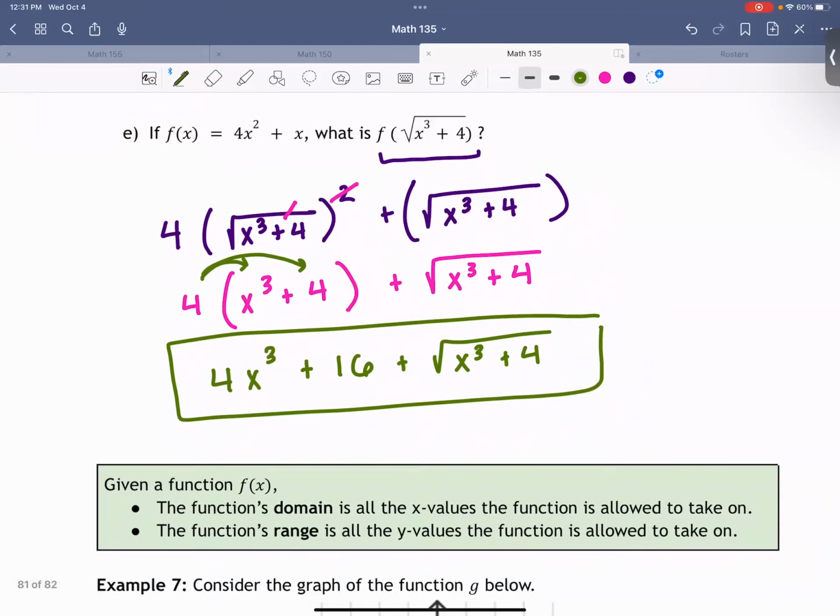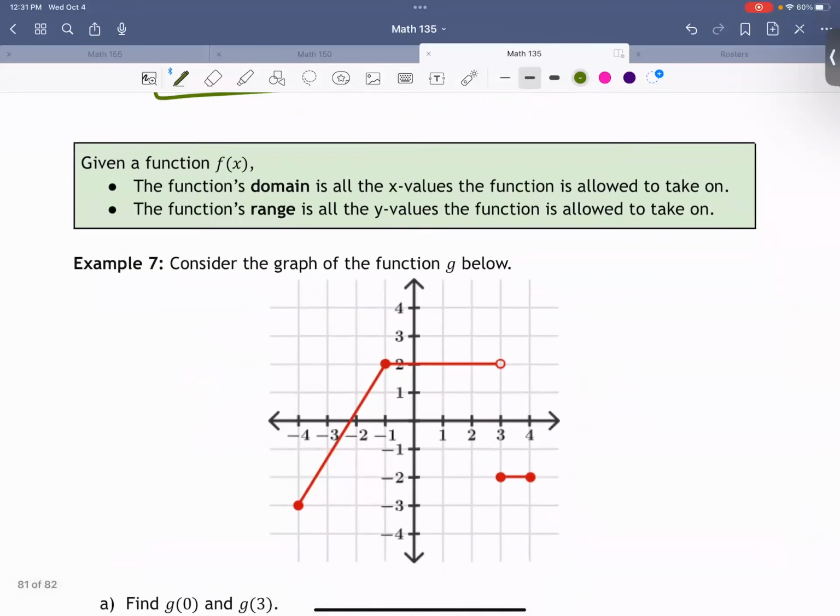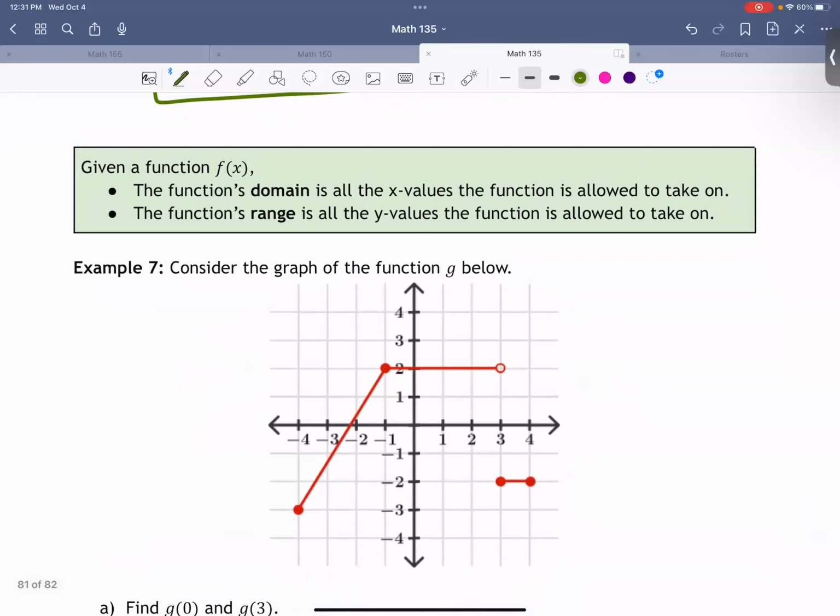All right. Let's keep going. So, we're going to talk about domain and range. Domain and range can get very tricky, very quickly. I will say in this class, we don't go too far into domain and range. I feel like there's other classes, especially Math 140, where we spend a whole week on domain and range and it gets really crazy. I don't think we're going to get that far or that complicated in this class, but I do want to